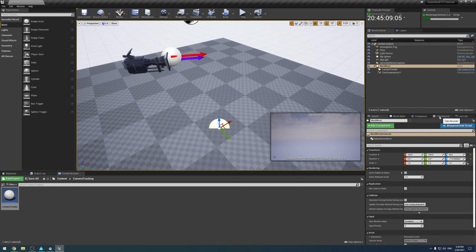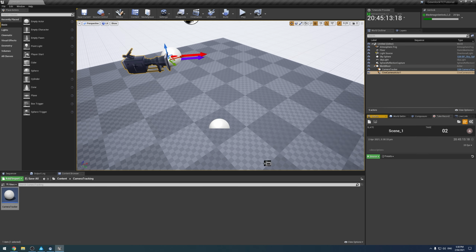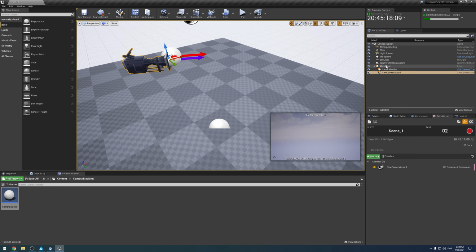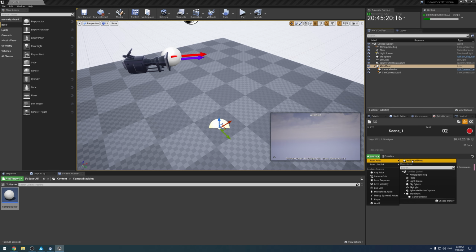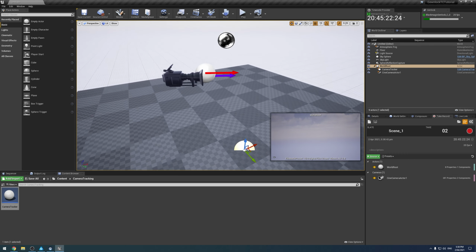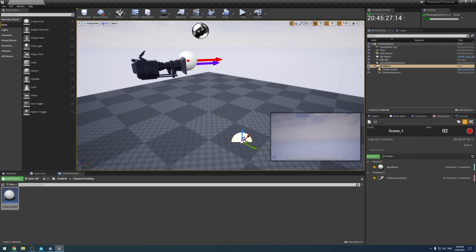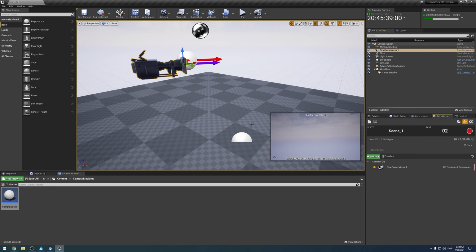All right, last but not least is doing the take recorder. If we hit the take recorder, to record this, you're going to want to add the cine camera actor and the world root, like so. And that's it. You don't need to add the camera tracker because we're setting an absolute value for the transform. Realistically, you can keep the camera outside the world root and you could still just record it like that. So if I hit record,